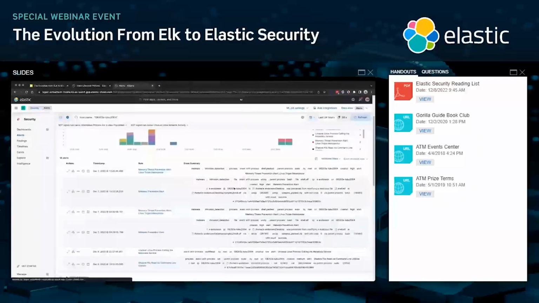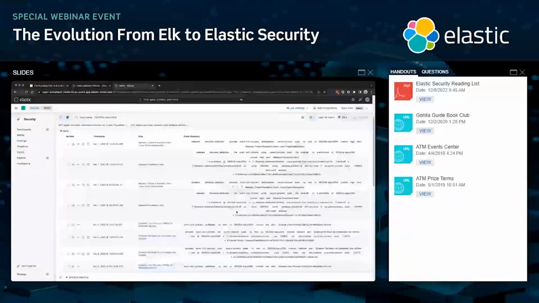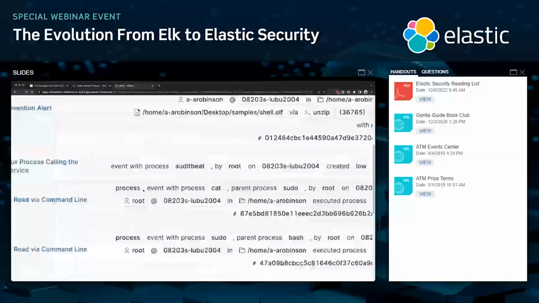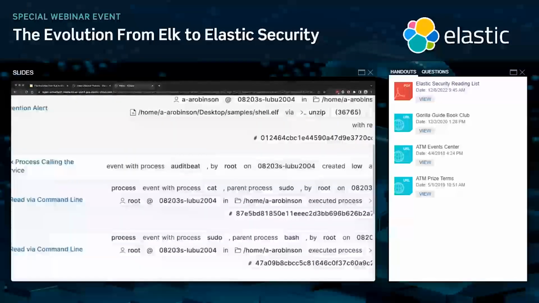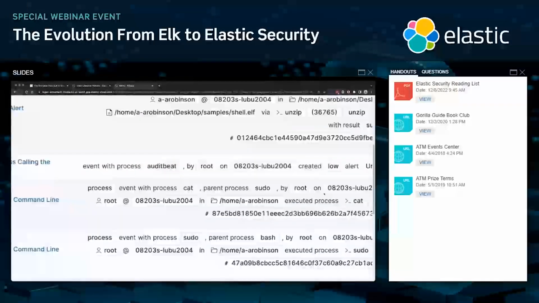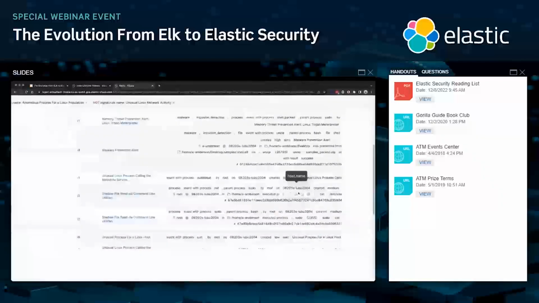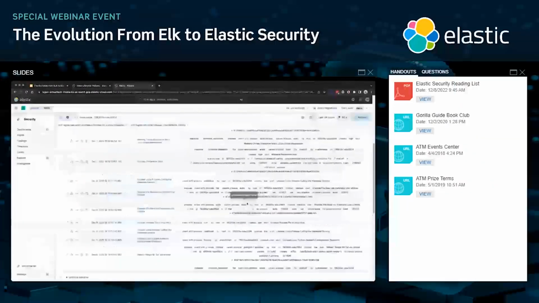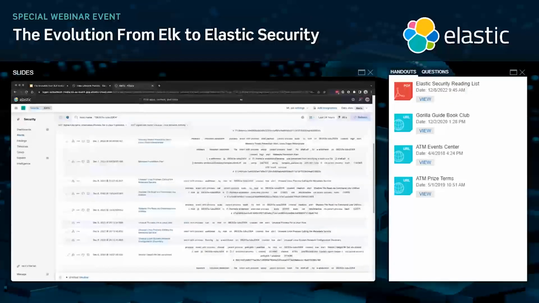We have these event summaries, these event renders, where we are trying to tell you quickly that, hey, a process, cat, from parent process sudo by user root on this machine. We're trying to build context and tell a little bit of the story without you even having to drill in or click on anything yet. And obviously, this process-oriented telemetry is going to look different than maybe network-oriented telemetry.